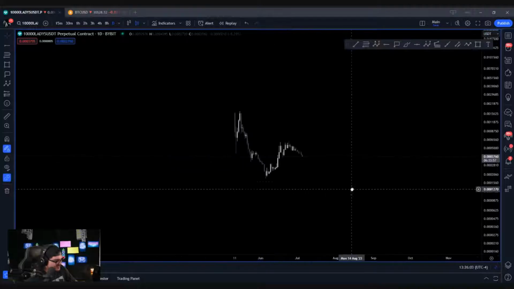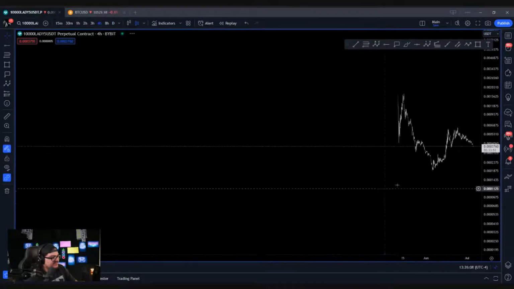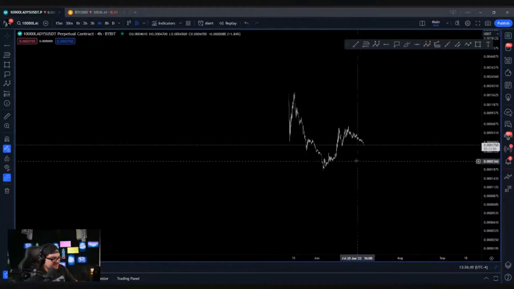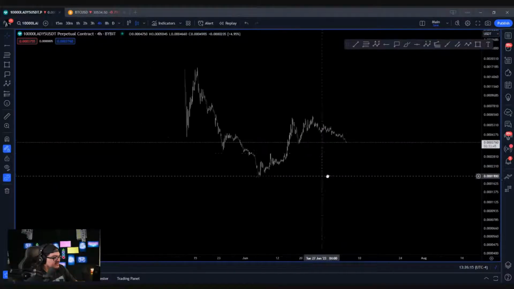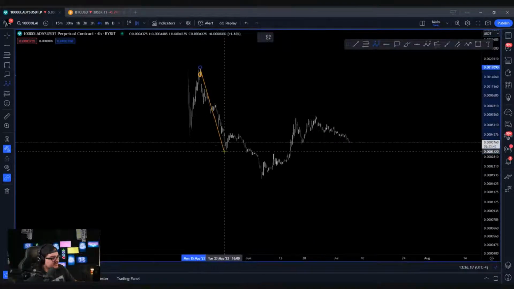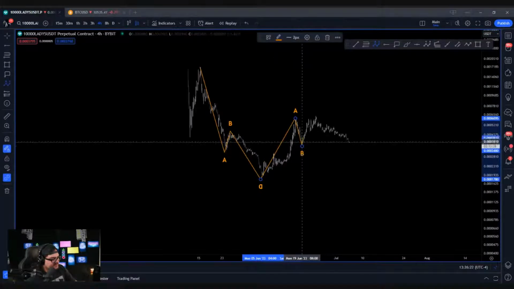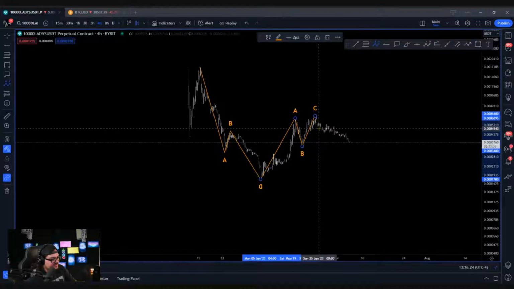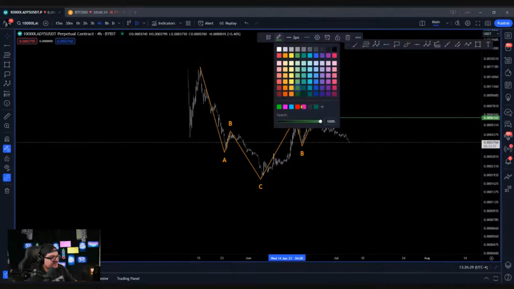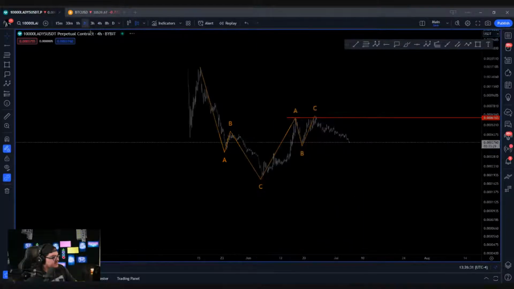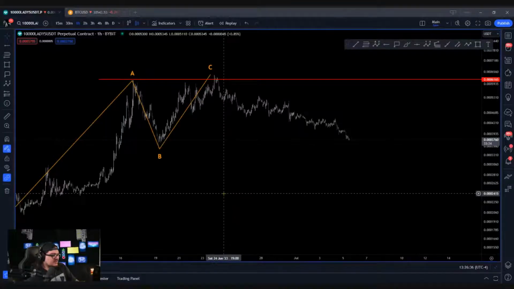All right. Unfortunately, it's going to be hard for me to break this down confidently because we don't have the most price action. But based off what I can see, we had an ABC here to finish the bear wave. We have an ABC here to give us the reversal. If I was looking at this, I would have been shorting up here. But if I go into a smaller time frame,